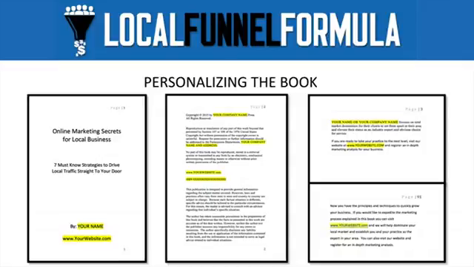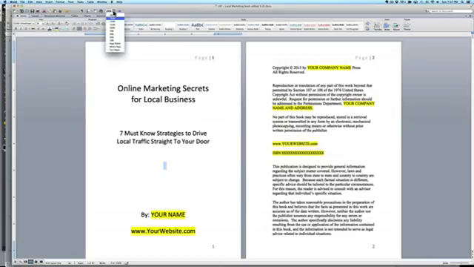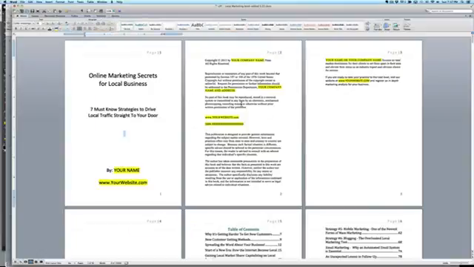I've got one other thing that I can show you, how you can customize this to fit your area if you want to. Okay, here we are inside of the Word document. It's nothing fancy, it's a regular Word document. However, there is formatting inside of here, so you don't want to move things around too much or it gets really hinky really quickly. But the one area I want to show you that you can customize it, other than the areas where I highlighted them in yellow,